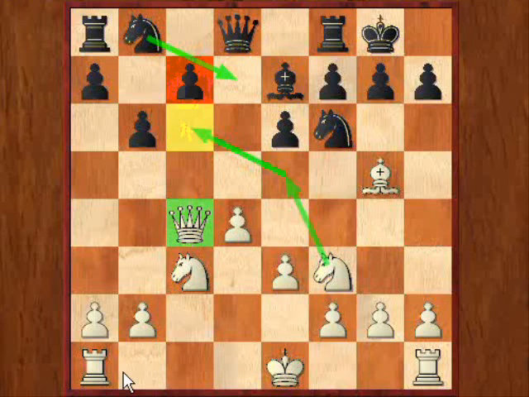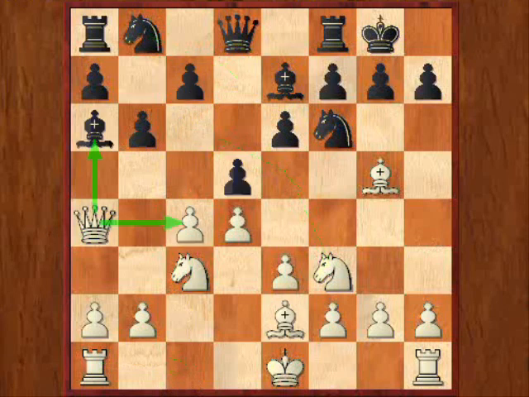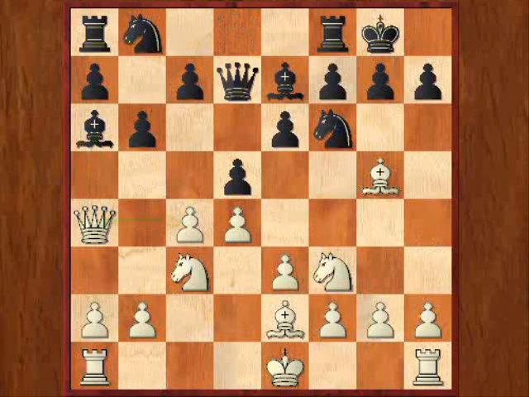Certainly this pawn here would be weak in combination with a move like rook c1 for instance, and pressure down the c file, etc. But after queen a4, Arthur made a mistake. He played queen d7. And this came as a surprise to me, because this move does not look like a